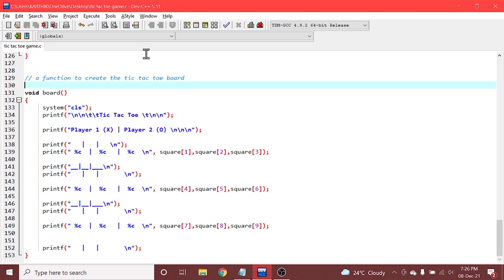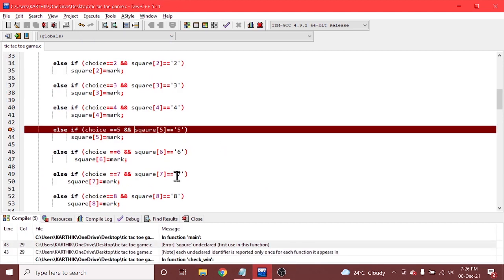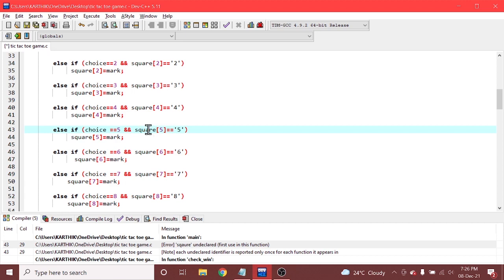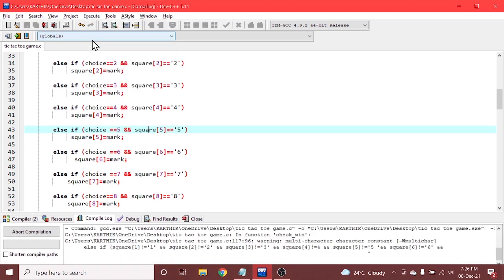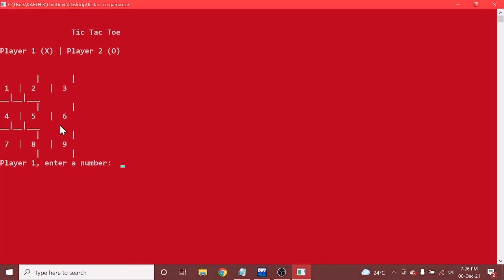Actually, I've created a tic-tac-toe game file, and you can check here. I've got the error. Yeah, square, right. You can execute. Yeah, you got the output. You can check the positions are being placed here: 1, 2, 3, 4, 5, 6, 7, 8, 9. Somewhat these lines are in an unordered fashion, but you can check that the numbers are being displayed here. And after this we are writing enter any number.